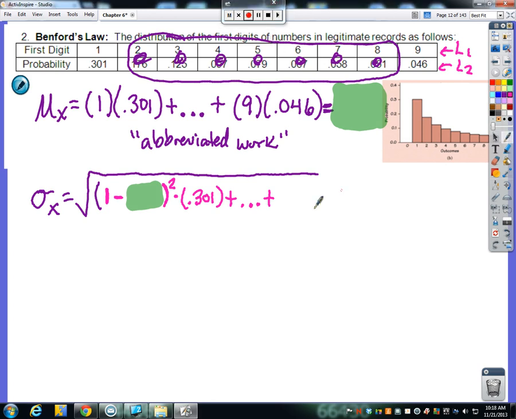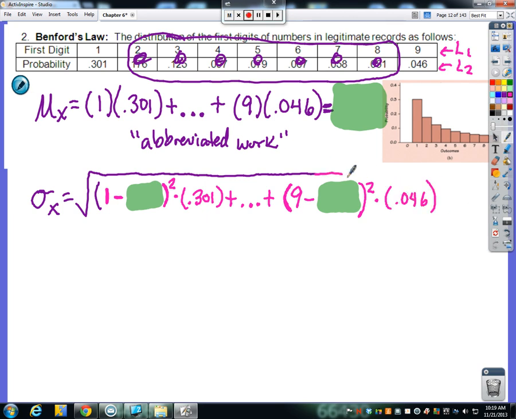And then we're going to put in our last part down here. So we're going to repeat the same kind of format. So it was the individual value, which our last individual value is 9, minus, we need the mean again, so we're going to come back later and just fill it in right there. We square that difference there between our individual value and our mean, and we're going to multiply it by its probability,